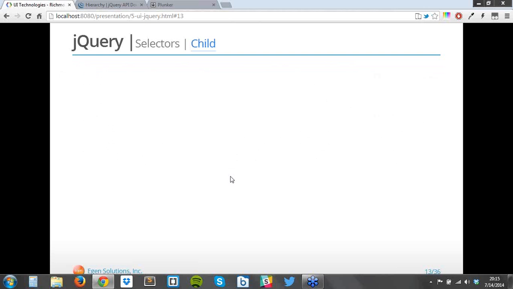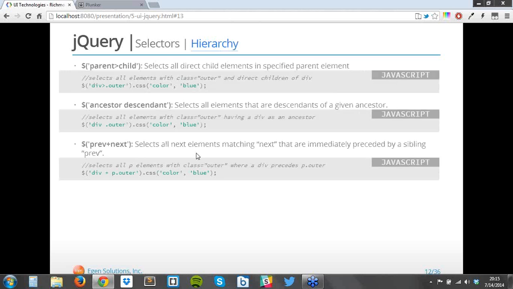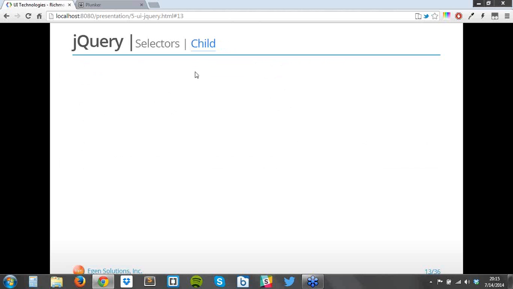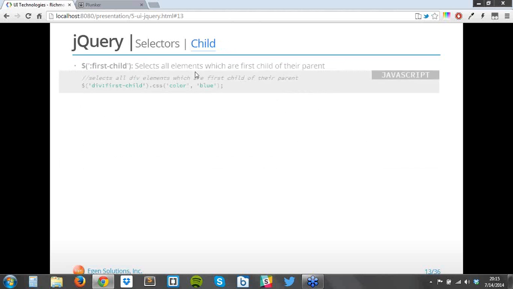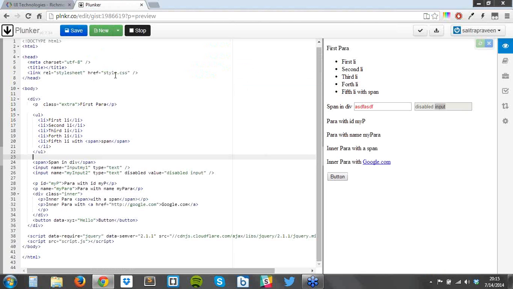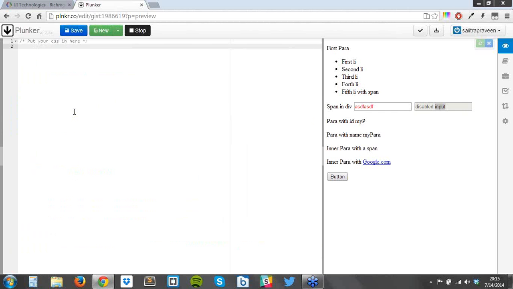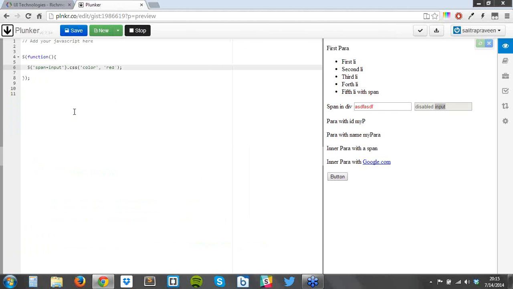Then of course you can have all the child selectors. So we have this hierarchy, right? Something similar to what we have seen in case of CSS. The first child, the last child, the nth child, same thing here as well. So here we are asking, okay, give me the first child of its parent. So for example, if I want to select the first Li, then of course what I can do here is